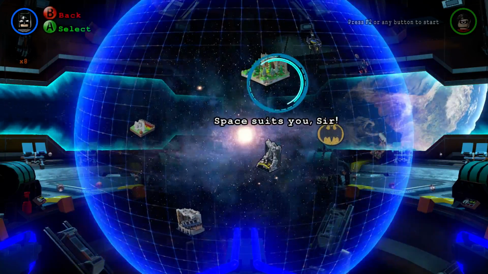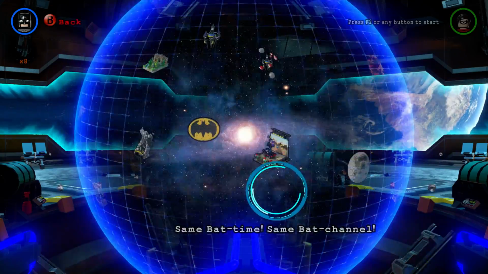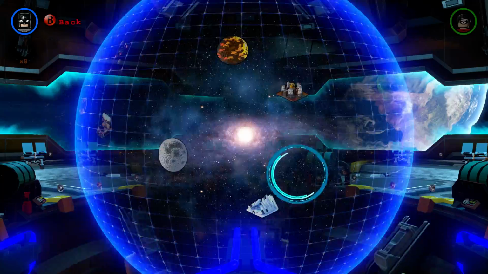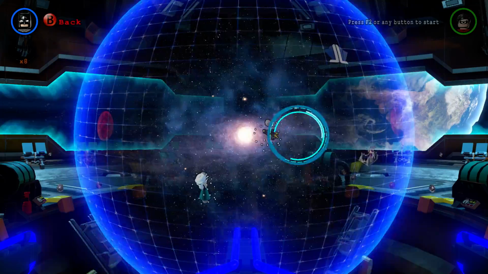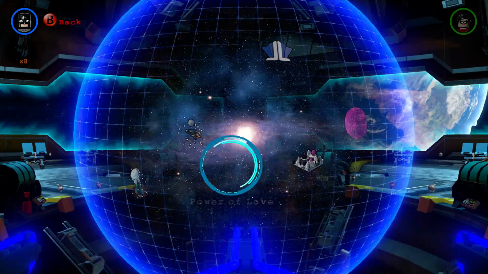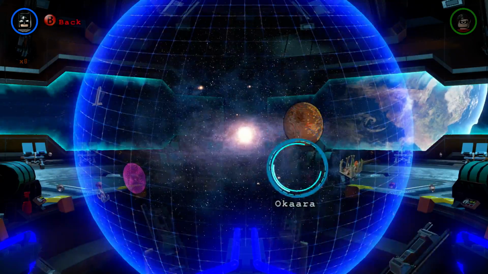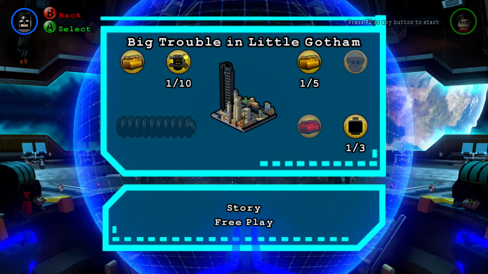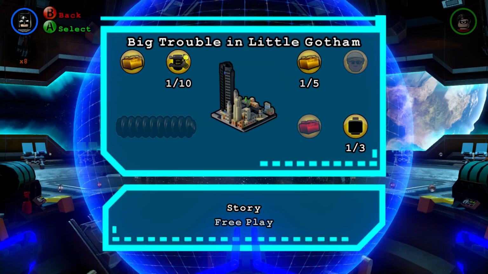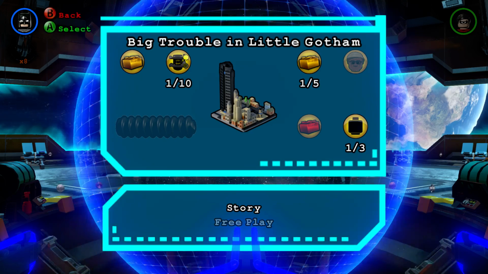Let's see, Spacesuits, no. Space Station Infestation, no. This map is really unintuitive. Power Glove, no. The Big Grapple, the Lantern Menace, no. Big Trouble in Little Gotham. Here it is. So we're gonna do this in free play, and then we'll be beyond Gotham again from the